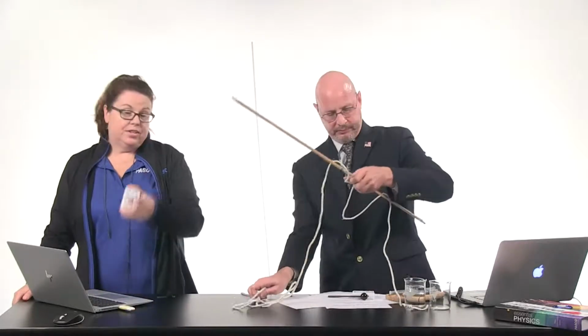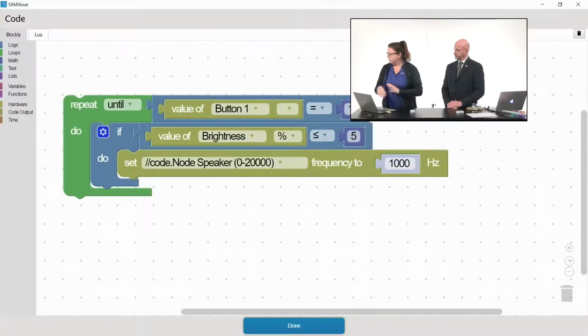Yeah, so that was a great question. For everything JP just showed you, he just used the onboard sensors within his computer, or you could use your phone. But if you would like to add a sensor, we're going to talk about the Codenode. The Codenode has inputs and outputs, and today we're speaking on sound. There are two components to the Codenode you can utilize: a sound sensor and a speaker. So let's talk about frequency first. This is pretty neat. I've just created a really quick program here because I want to show you how you can use tuning forks and tune your Codenode to that same frequency. So let's check this out.